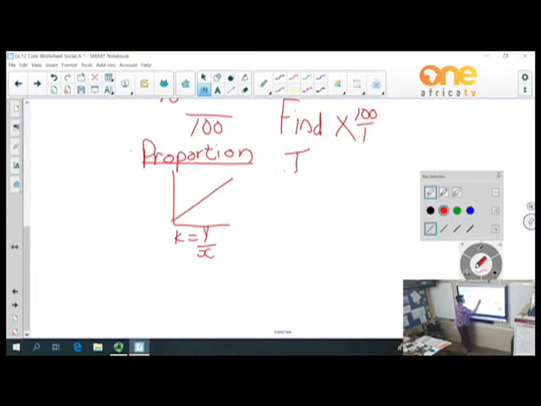Indirect proportion is when I ask you, for instance, to paint the school. So we can say if 10 people are painting the school, it will take 6 days. But if there's only one person who has to do the job, then we need to say my constant is x times y. I multiply